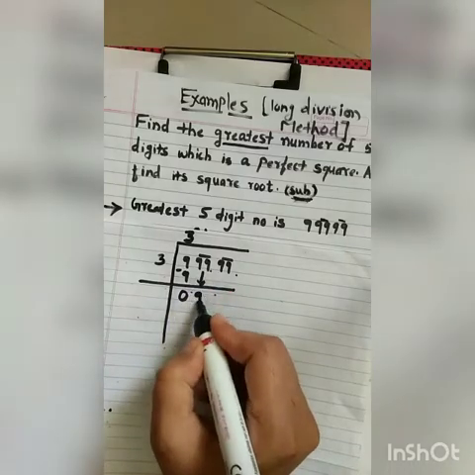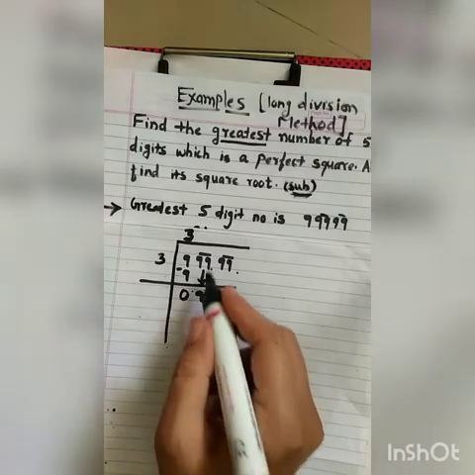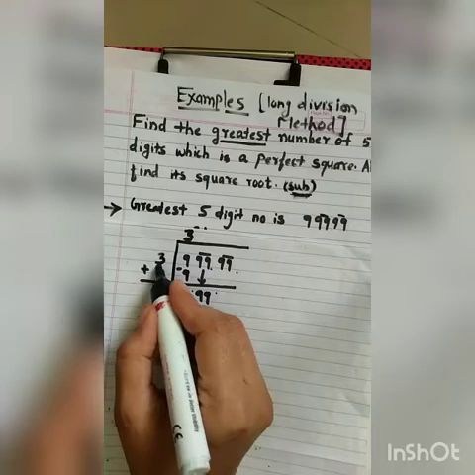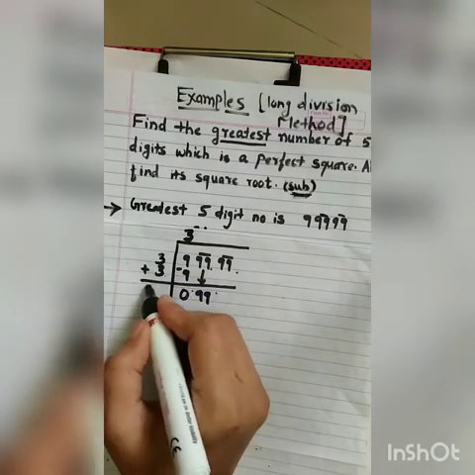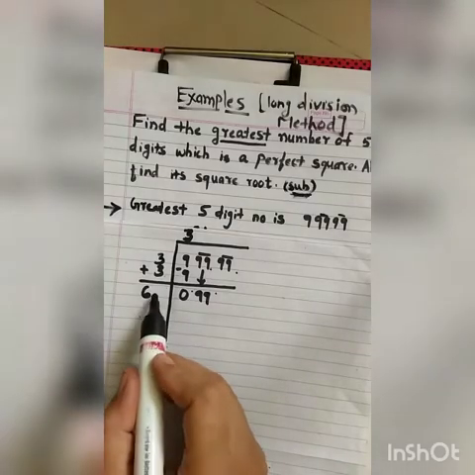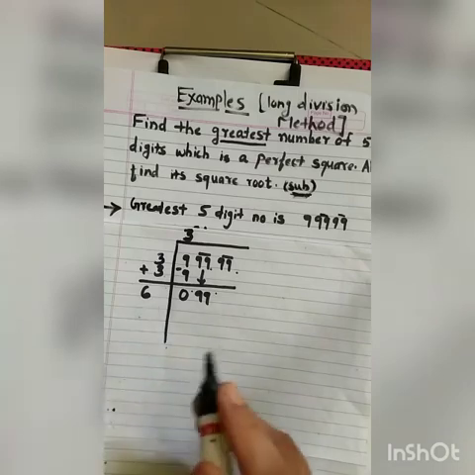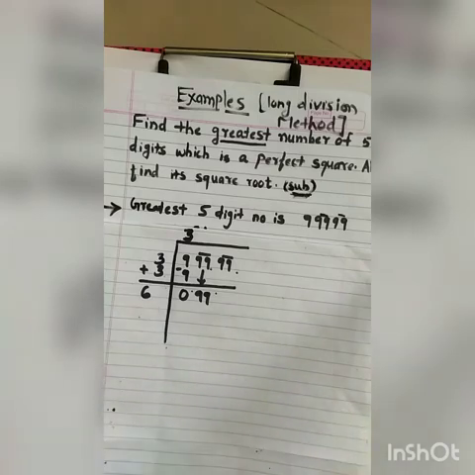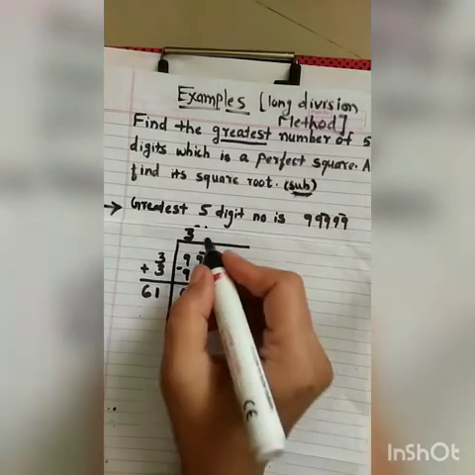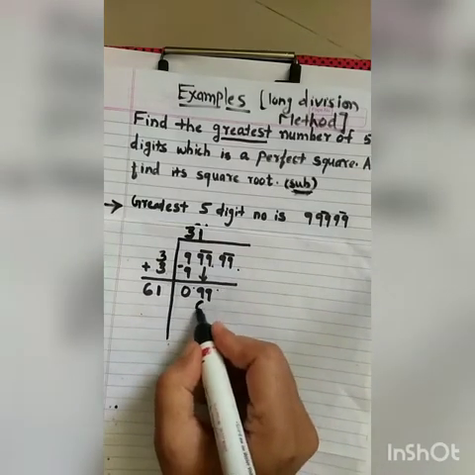Copy down this period or the pair. This is also called the period. So copy down this period of 99. Now we have to add the unit place. 3 plus 3 is equal to 6. Now we have to take a number that when multiplied gives a number equal to 99 or smaller than 99. As we know, 62 times 2 will be bigger than 99. So we have one option, that is we will take 1. So 61 times 1 is 61.